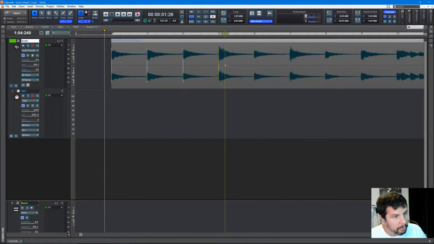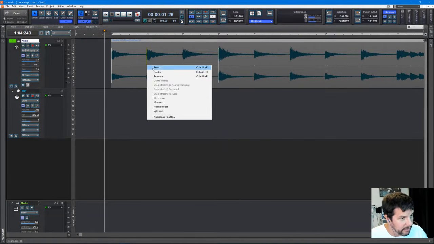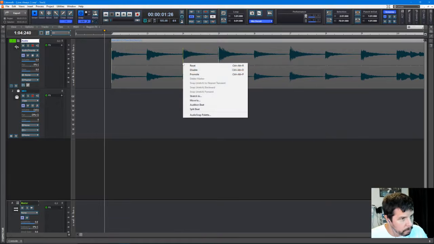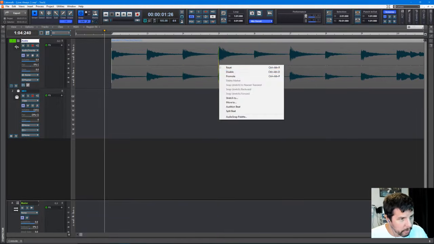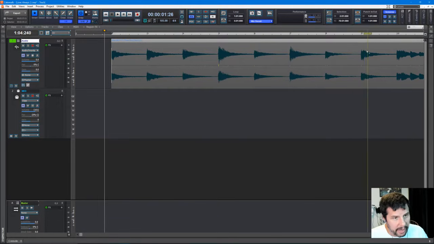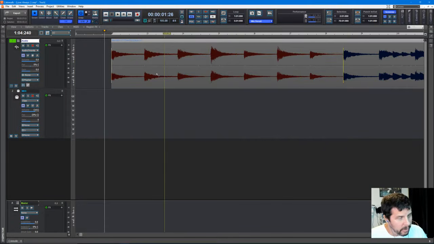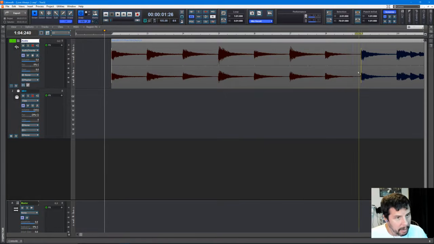And sometimes you can take a whole section and say, okay, I want to line just this whole section up. So I'm going to say disable here, and then I'm going to drag this here, and see how it stretches so that it fits the beats, okay? Which actually, I just stretched it so it doesn't fit the beats. But